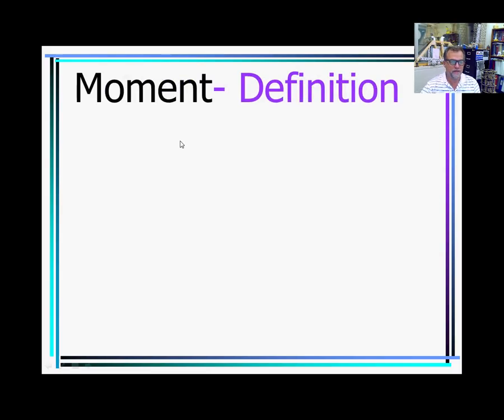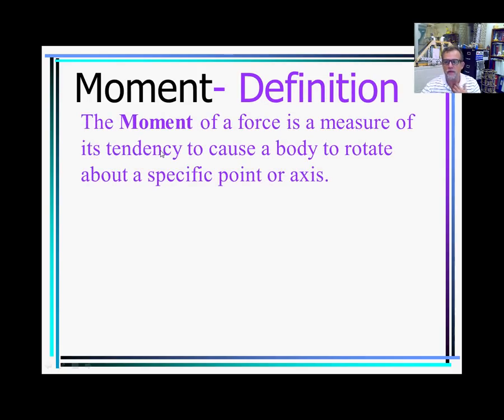So what is the definition of moment then? Remember what I said? There is a point involved, there is a force involved, there is a distance involved, and there is a rotational effect involved. So if you want to define moment, simple: the moment of a force, this is the way it's called, is a measure of its tendency to cause the body to rotate about a specific point or axis,